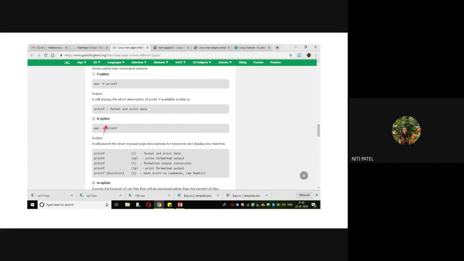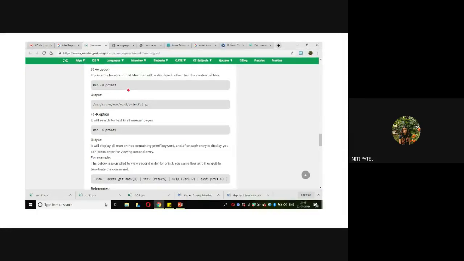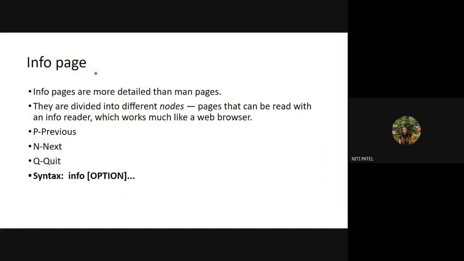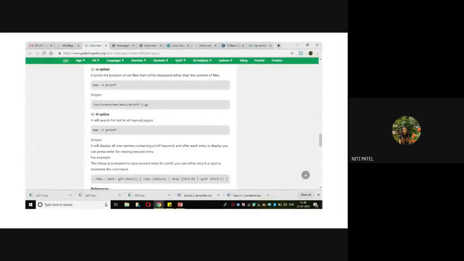Okay, so k is for matching with the keyword, whatever I write over here. It gives the information about that command in very short, just one line. And if I do not use any of these options, only man with a command name, it will give me detailed information. Okay. Then next I have an option called -w, small w. Now what is that small w used for?